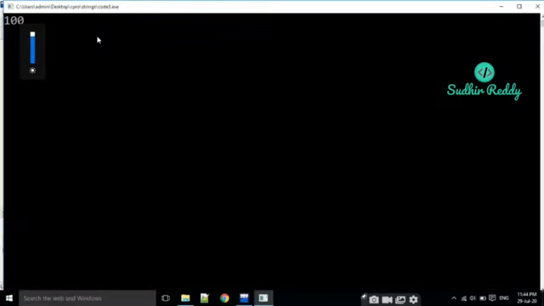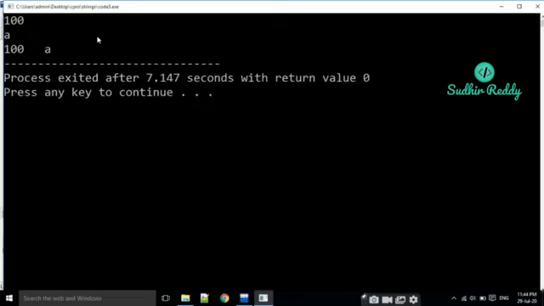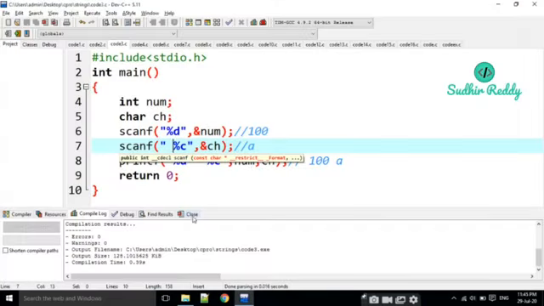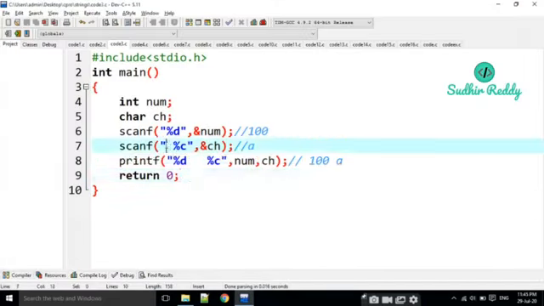If you are going to execute it, now I am going to give 100 and press enter. Now it is asking for the character. If I give A, yes, it is going to print 100 and A. What happens here? If you leave it like this, when we are reading any string or character, any values in the buffer are going to be cleared with this. Then it asks to read the character now. Yes, very good question this is. Next question.